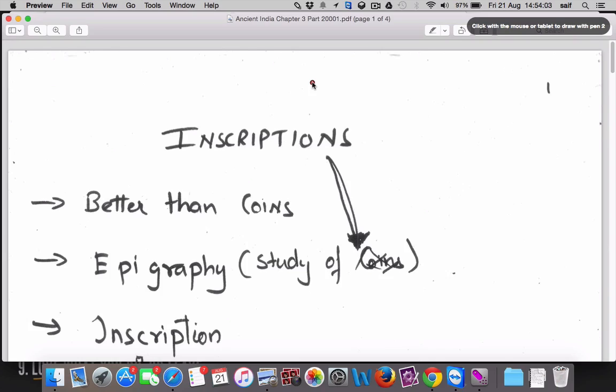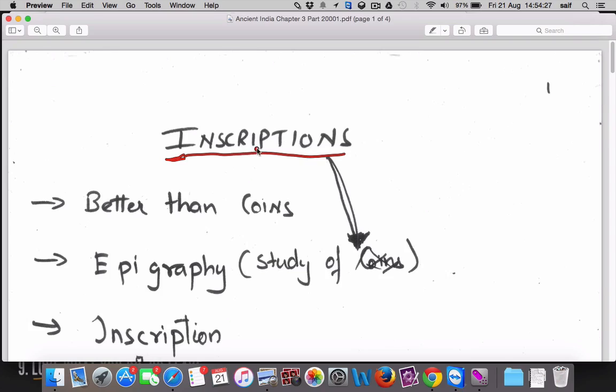And chapter 3 is about types of sources and historical construction. So till now we have seen about material remains, what remains are there and who found them, and after that we have seen about coins. In this video we are going to see about inscriptions. Okay,